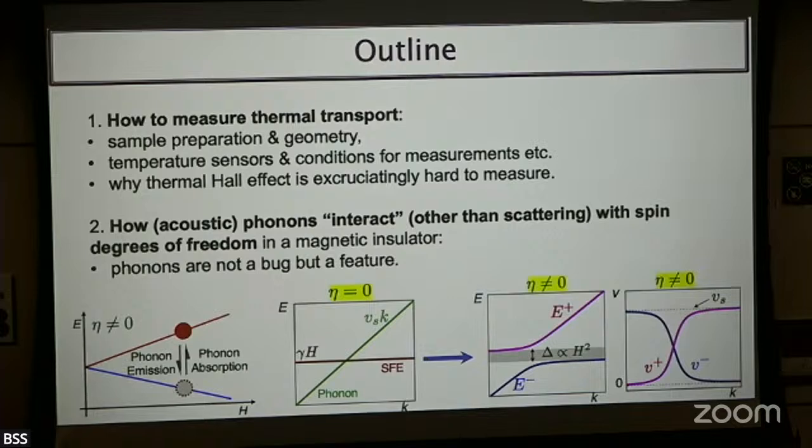That gap goes as H squared. And now once you have this, it is neither a phonon nor a spin flip excitation. This is a kind of hybridized particle, with two bands. And if I take the derivative of this, the velocity, of course if you increase the field it will go up here, and then the gap is even higher. So the dispersion will change as a function of field. Since the dispersion is changing as a function of field, the velocity is changing too.